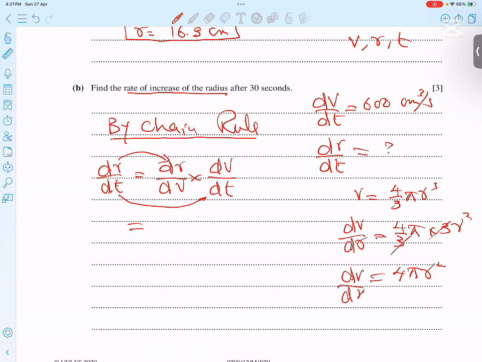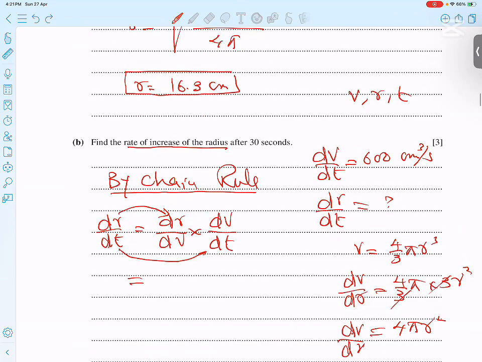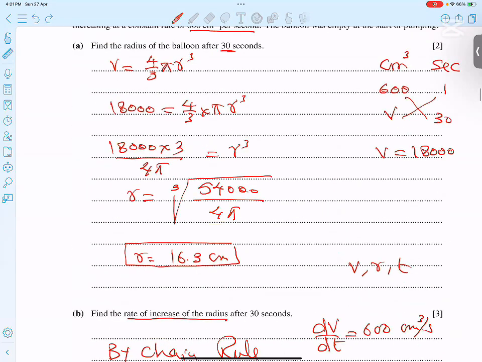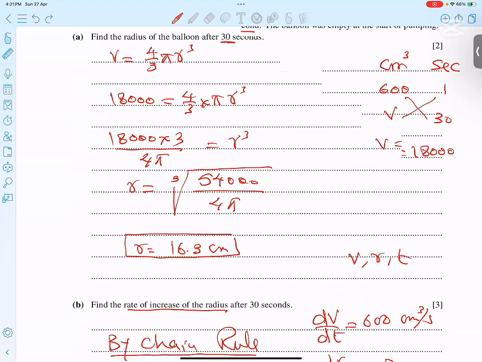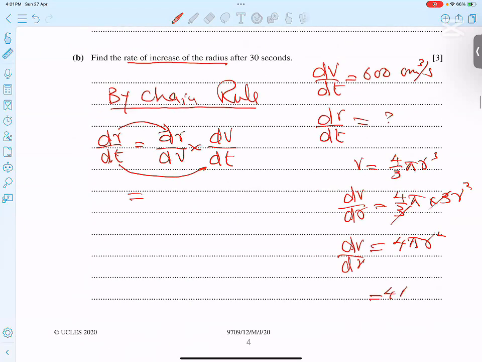And this value, but he said when r is at 30 seconds. So I will play. So time is 30. And the radius we know already when time was 30, so radius is 16.3. So 16.3 I'm copying here. So this is the value, if I check it, 4 into pi into 16.3 to power 2. And I got it here in 3 SF or long value